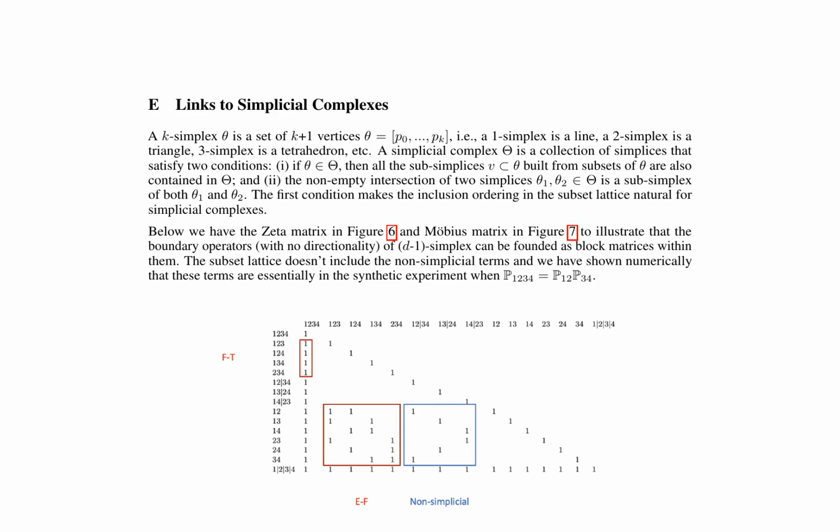This natural inclusion ordering in the subset lattice is established for simplicial complexes. The zeta matrix, as shown in Figure 6, and the Mobius matrix, depicted in Figure 7, illustrate how the boundary operators of the k-simplex can be found as block matrices within them. The subset lattice does not include non-simplicial terms, which have been numerically demonstrated to be essentially present in synthetic experiments